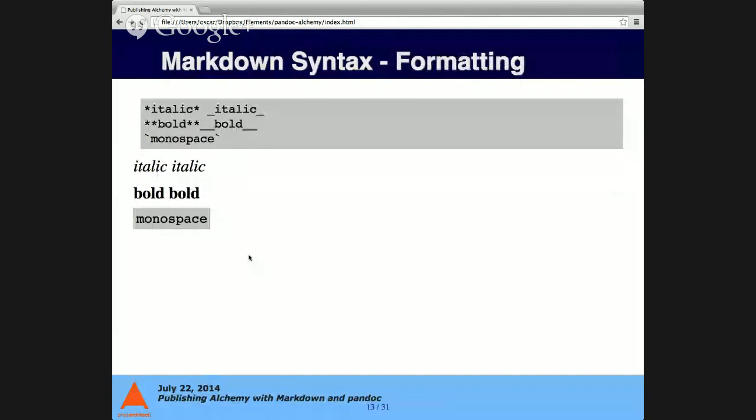Inline text, you can format it with italics, bold, and monospace. Italics gets a single asterisk or a single underscore. Bold, you do both. So this is part of where the different flavors of Markdown come into play. Some people prefer asterisks for bold, but then you have to do two in italics with underscores, so it gets a little